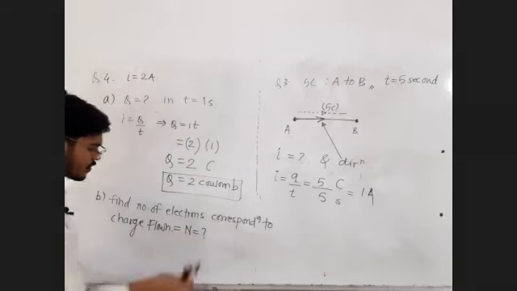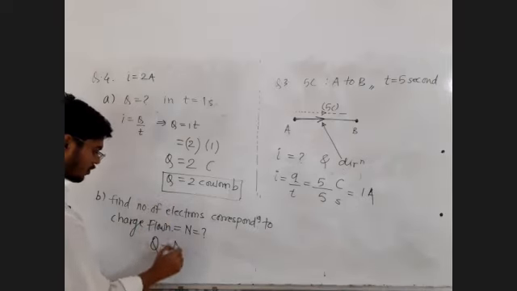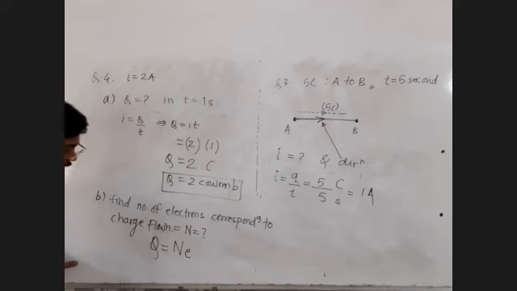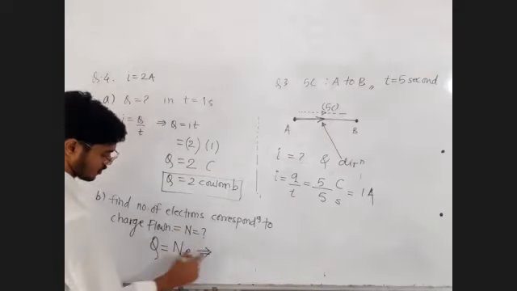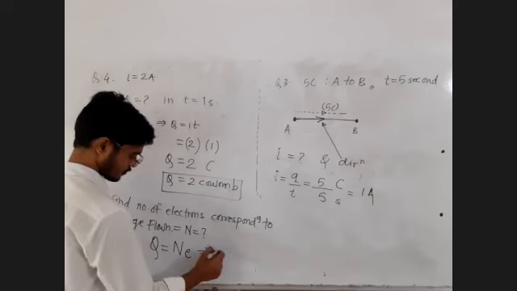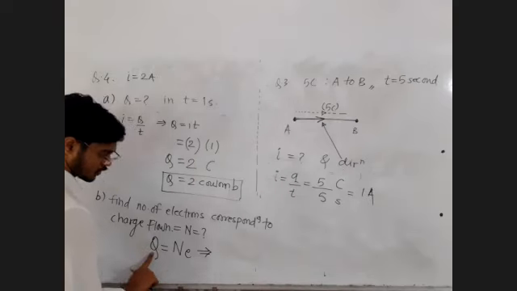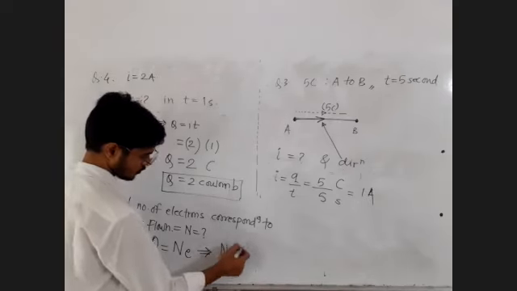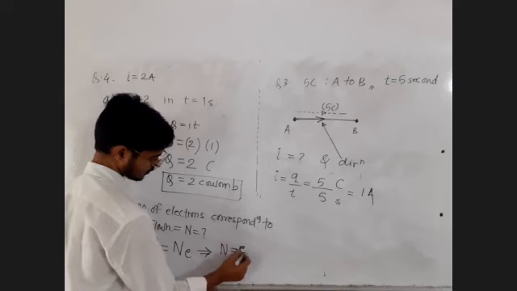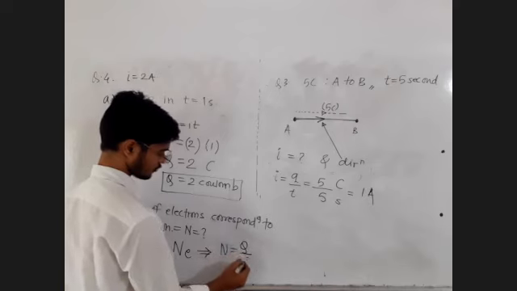Now only the number is needed; positive or negative is not the question. So can I write total charge is equal to total number of electrons into charge on a single electron. Total charge is equal to total number of electrons flown. Charge flown is equal to number of electrons flown into charge on a single electron. The charge on one is this much, so on n electrons the charge is n times e, that is the total charge. So n is equal to q upon e.